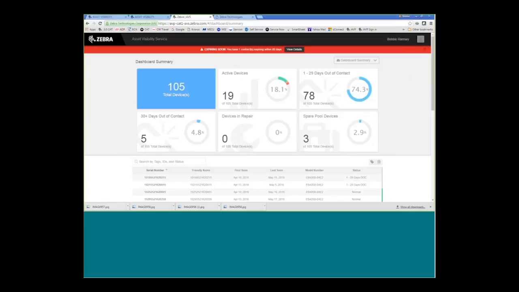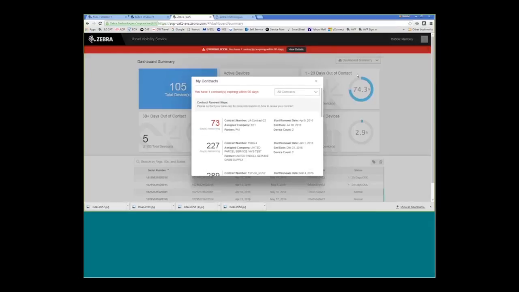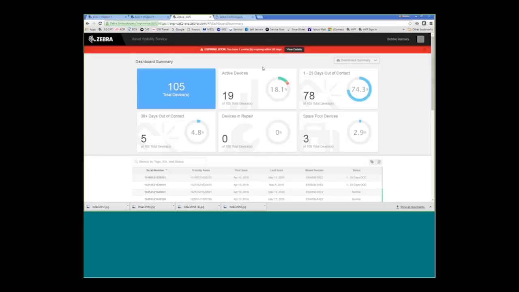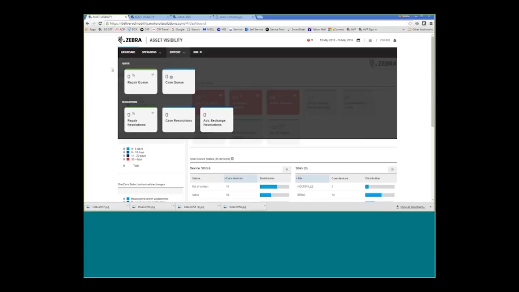Okay, so that's AVS. Oh, let me talk about the red bar really quick. So the red bar is looking at the different service contracts that your customer has. If I click on View Details, what I can see is each individual contract number and when that particular contract is about to expire. So again, giving you some information so that you can be proactive about your customers and their contracts. Okay? Now I'm going to hop over to